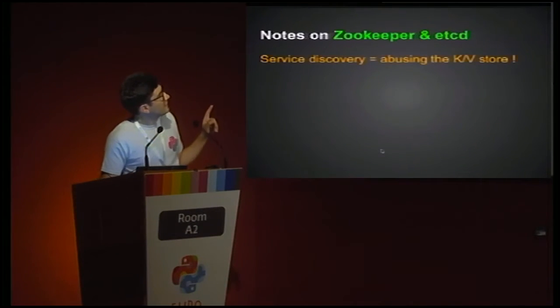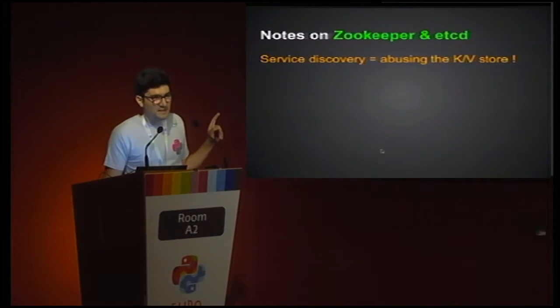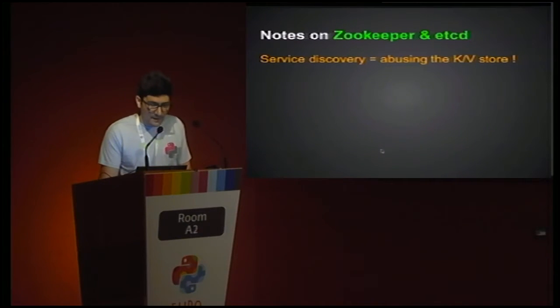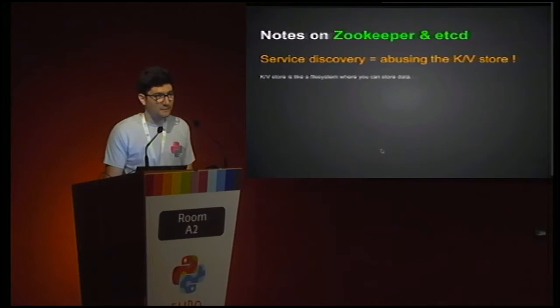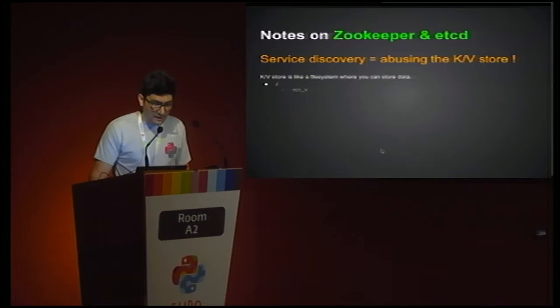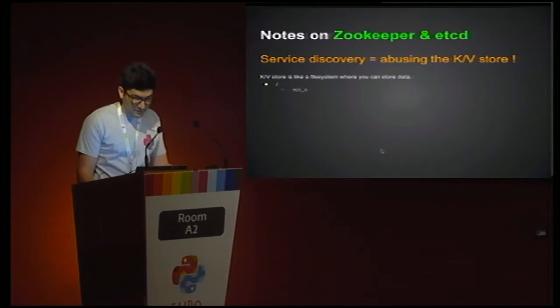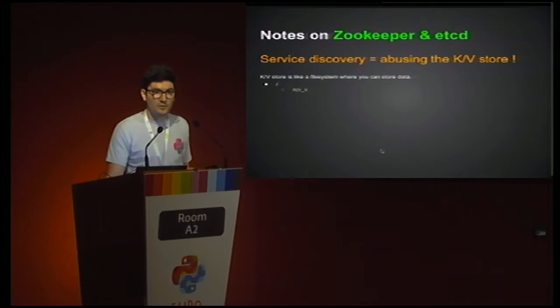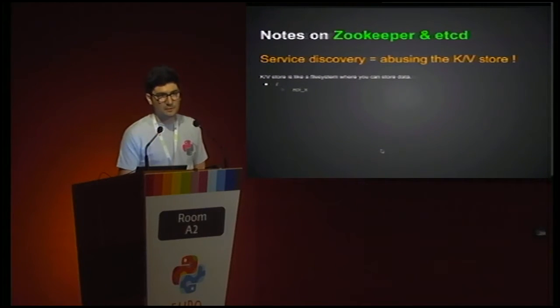The note I wanted to stress on Zookeeper and etcd is that we will achieve service discovery by abusing the key-value store. You can see the key-value store as a sort of file system where you can store data. Registering is about creating a node or a folder or a file, if you want to relate it to your local file system,